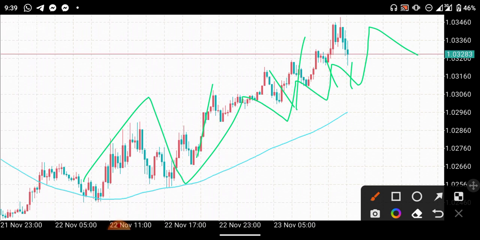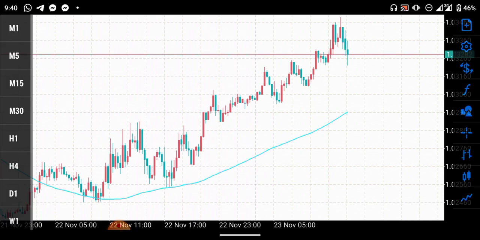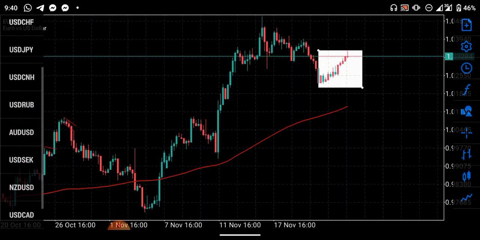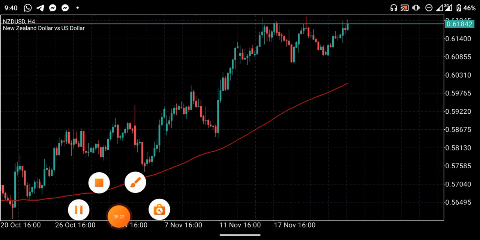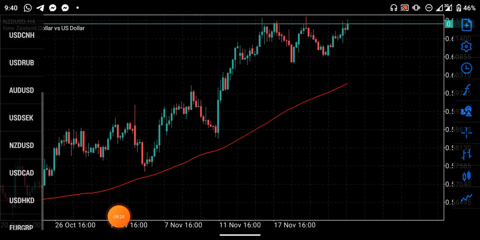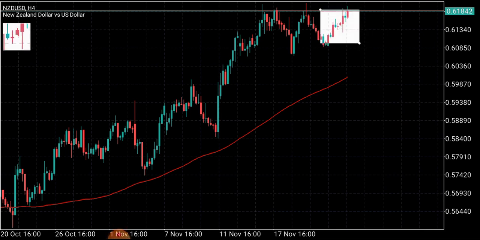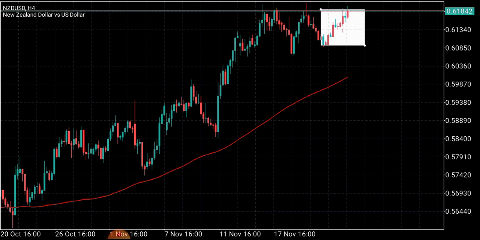Now, let me give you another instance using another currency pair, like, let me take New Zealand. So if you look at New Zealand, you see that within this period of time, we're emphasizing more on what has been happening of recent. Look at here, you see that the market has been in its uptrend, just a straightforward uptrend. So if you go down to 15 minutes time frame or 5 minutes time frame, anyone,